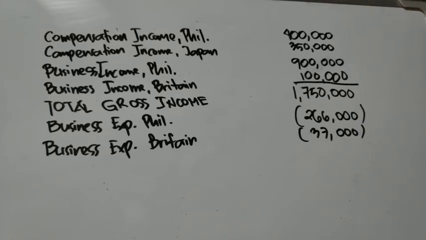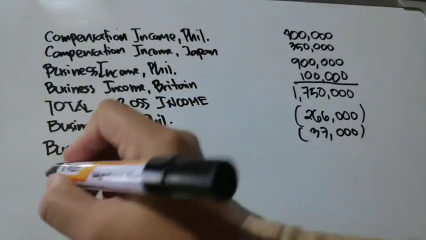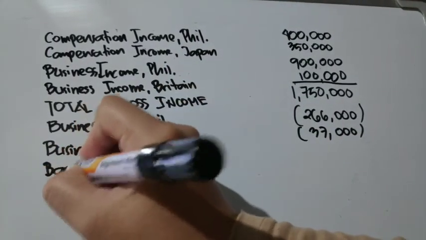So these basic personal exemptions and the additional personal exemptions are to be deducted to the total gross income. So parang pribilehiyo mo yon as a taxpayer na may maliles sa iyong income, which is may maliles para maka-generate ka ng iyong taxable income, which is doon manggagaling kung magkano yung tax na babayaran mo to the Bureau of Internal Revenue. So let us proceed. For the basic personal exemption,